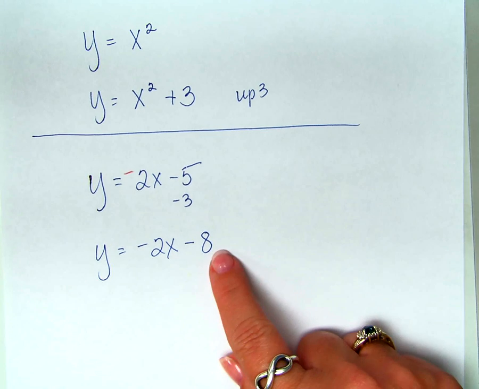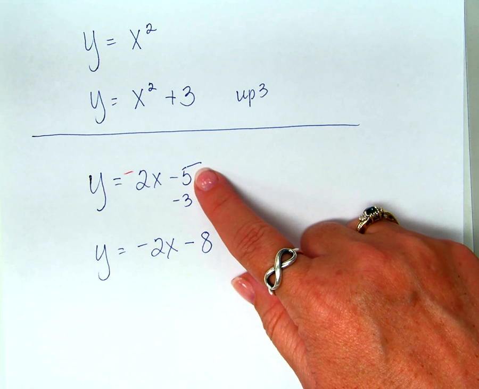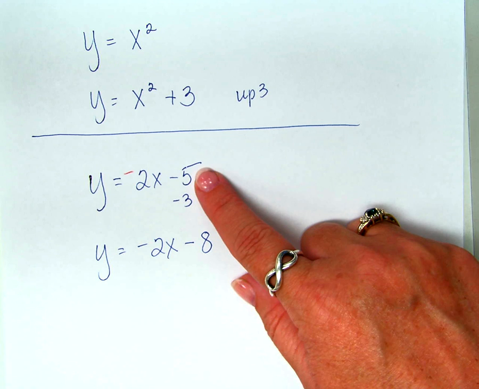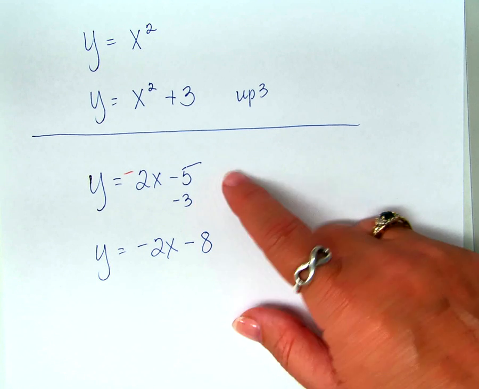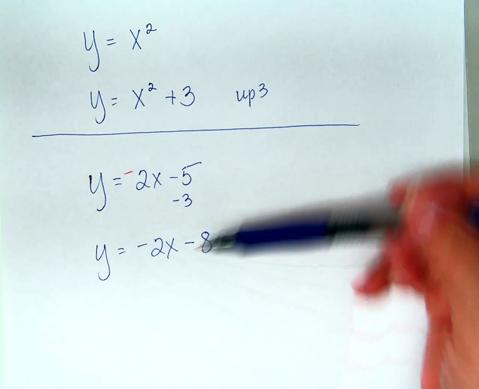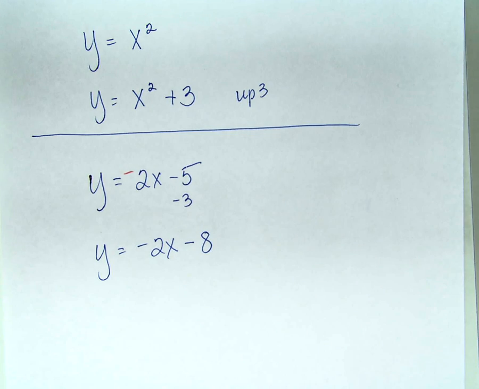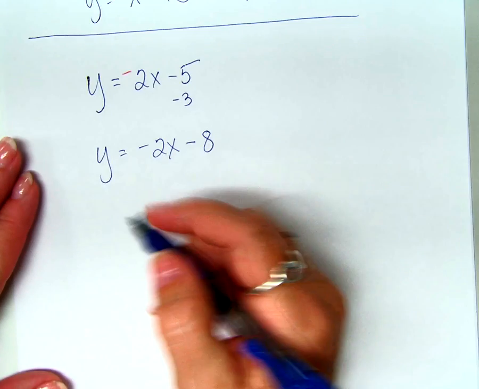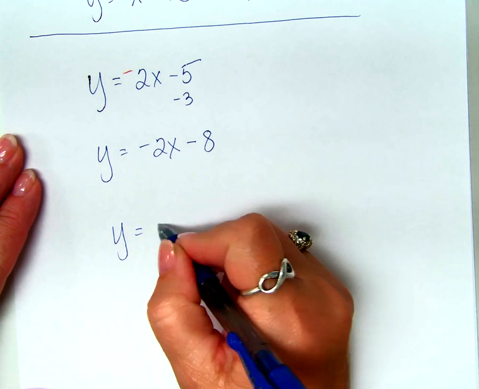Right? So I start at a different place in a parent function. I'm still doing the same actions. I still have to remember where my h is and where my k is, what makes things reflect. But I'm still doing the same things, just to something else than a parent function. Okay? What about this? If I start here,